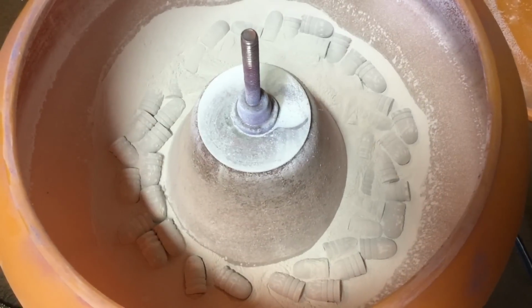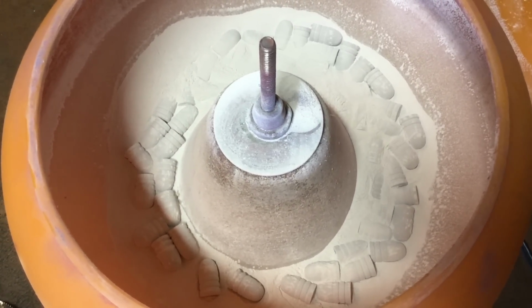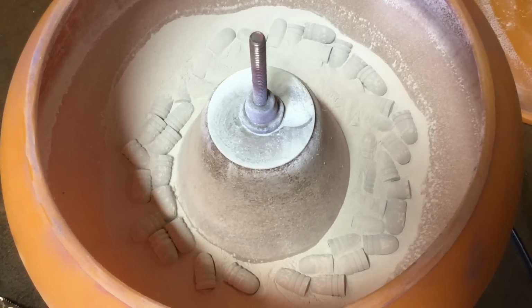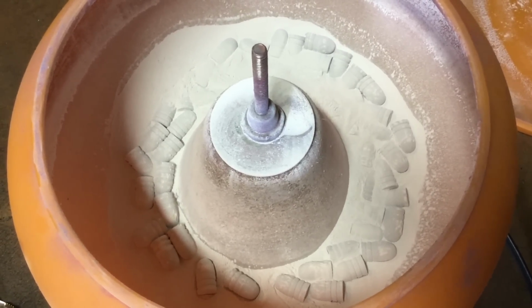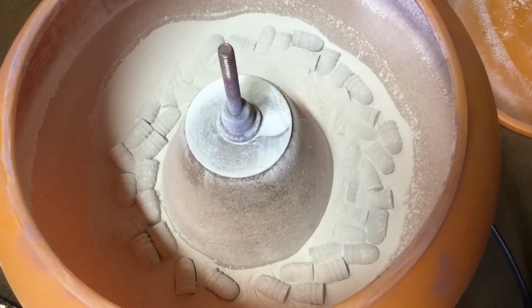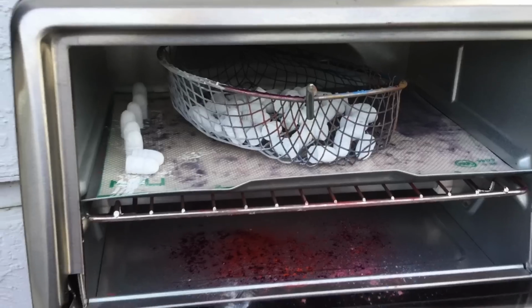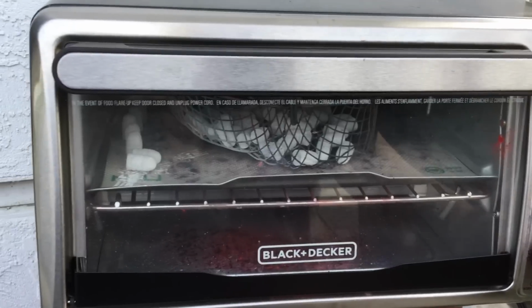So we just took these 240 grain Lee 429 round nose bullets that we cast yesterday and went ahead and vibrated them for 20 minutes in the Eastwood white. That's the gloss white. And it looks like we got pretty good coverage, so let's go ahead and put these in the oven. So you see, there are the bullets after we've shaken out the excess powder. There they go in, and we'll set it for 20 minutes